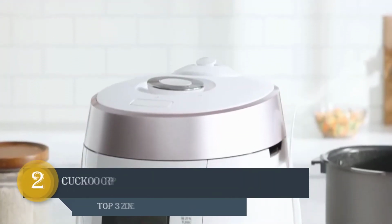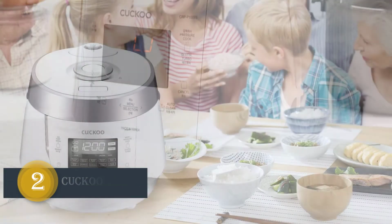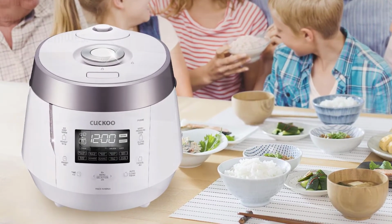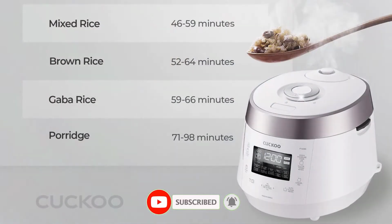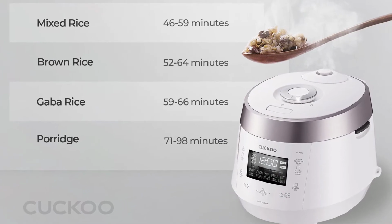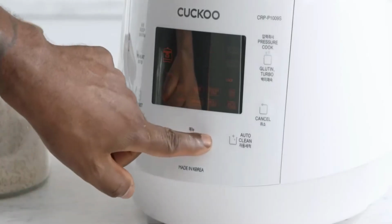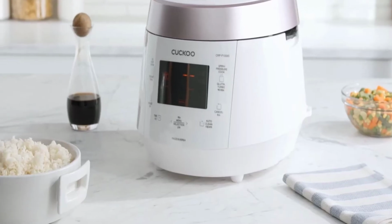Number 2. Cuckoo CRPP1009SW Rice Cooker. This 10-cup rice cooker can also be used to cook other foods. It has a steaming basket for cooking vegetables and a keep warm function to keep food warm after it is cooked. This multi-functional cooker has fully customizable menu options that feature preparation of all types of different rice and grains, a